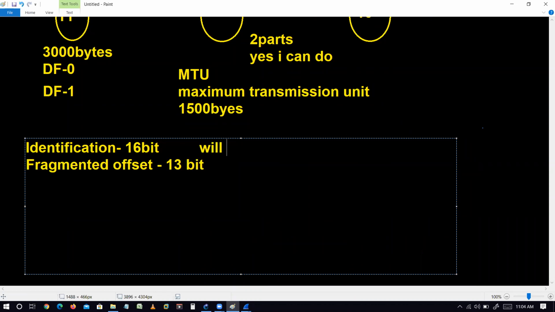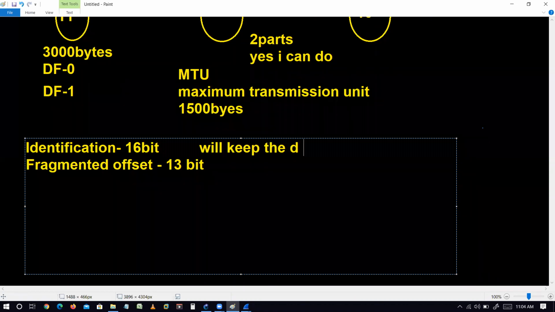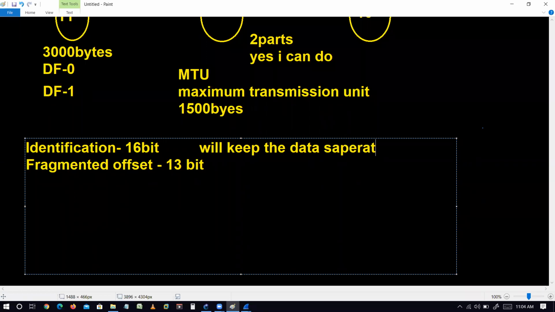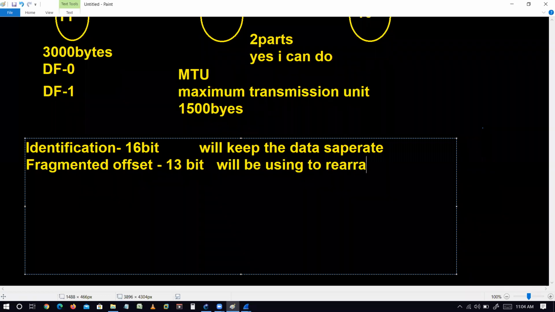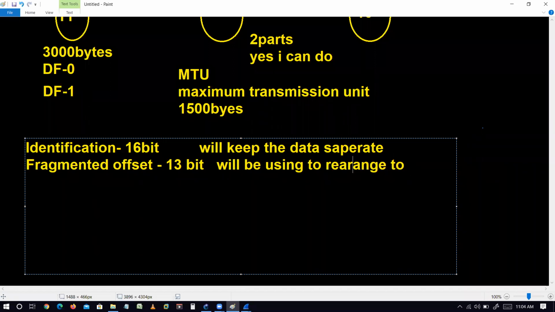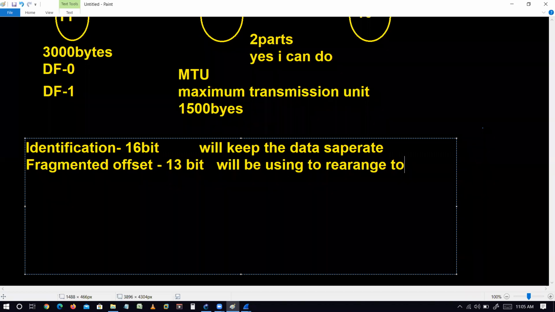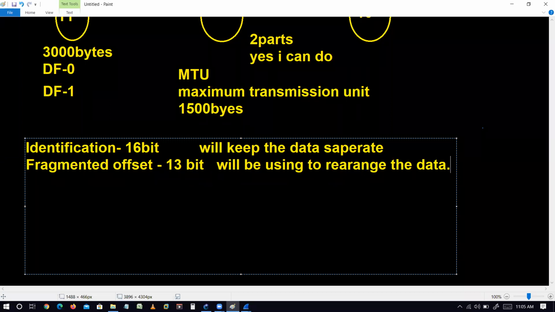Identification will keep the data separate, and this fragmented offset will be used to rearrange the data. Okay, it is clear. So the identification field we will use to keep the data separate, and fragmented offset will be used to rearrange the data.